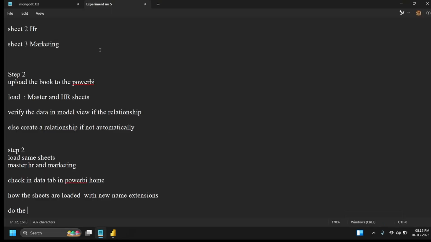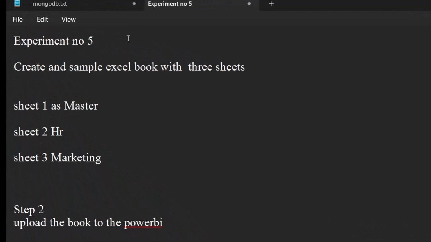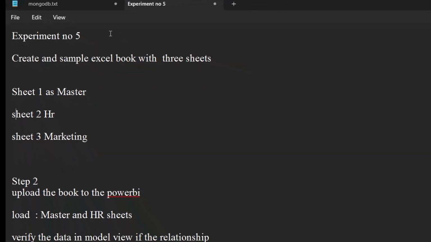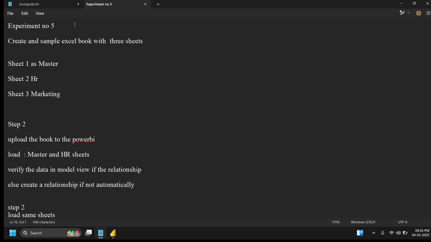Good afternoon. Today's task is for experiment number 5. The first thing we need to do is create an Excel workbook with 3 sheets: sheet number 1 as Master, sheet number 2 as HR, and sheet number 3 as Marketing. In the next few minutes, I'll show you how to create the sheets and upload the book to the